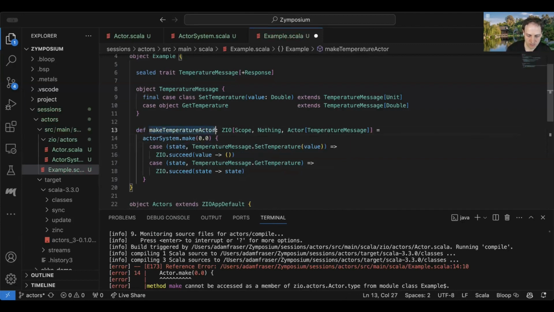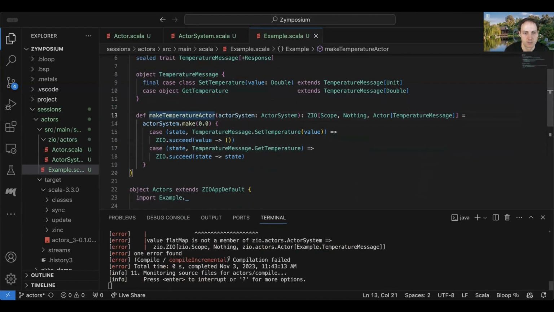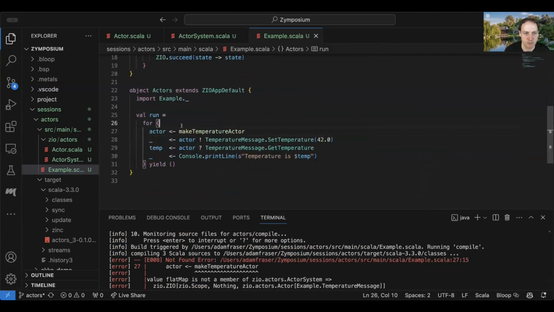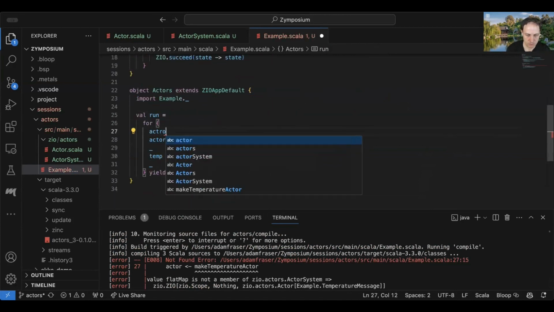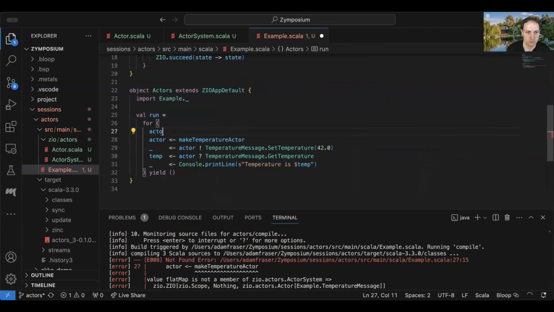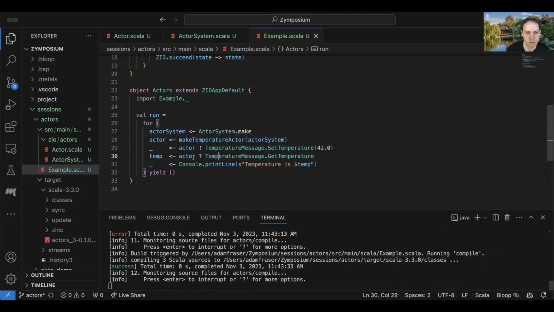And now we actually need to take an actor system as a parameter, which, if you've used something like Akka and you've had these implicit actor systems flying around everywhere, is starting to look familiar. So now that should be okay, but now obviously this doesn't work. So now I could do something like actorSystem in actorSystem.make, and an actor in make temperature actorSystem. And now my code compiles again.